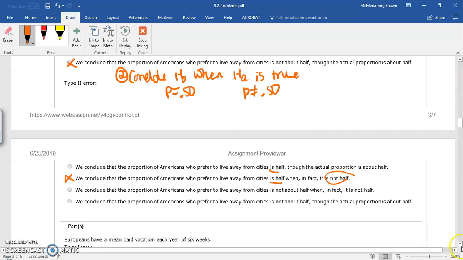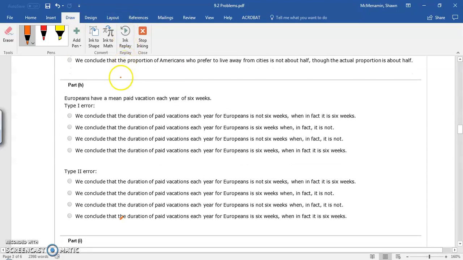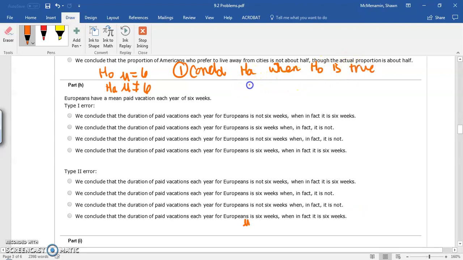Europeans have a mean paid vacation time of about 6 weeks. So the mean is 6, that's your null, and the mean is not 6, that's your alternative, HA, H naught. So a type 1 error is to conclude HA when H naught is true. So to conclude HA, that's saying the mean is not equal to 6, when in fact the mean is equal to 6. So is not 6, that looks good, but it is 6 would be this one. Okay, so we conclude that the mean is not 6, that's what this is saying, when in fact